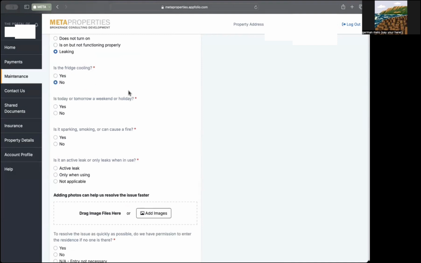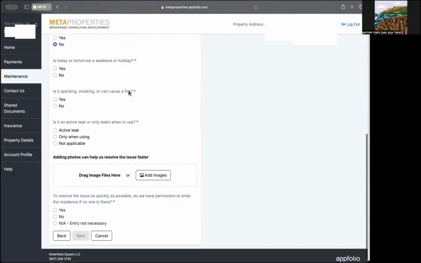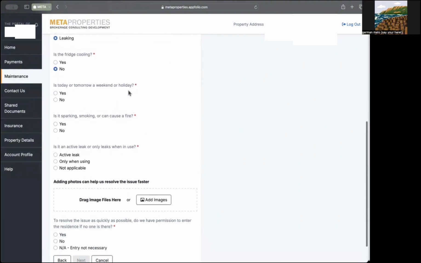Now, this could vary depending on your work order, but it will basically have a questionnaire at the bottom of every work order. If there's an option that does not apply to you, just put no. This is just for the maintenance team and management to get a better idea of what's going on. Another thing I want to address